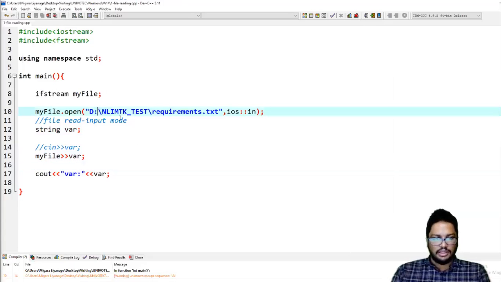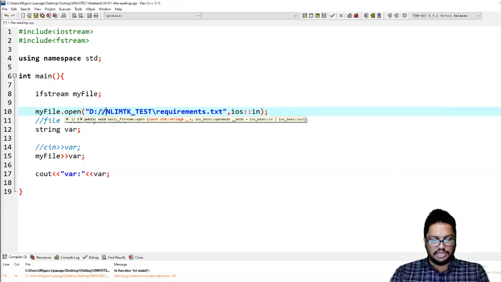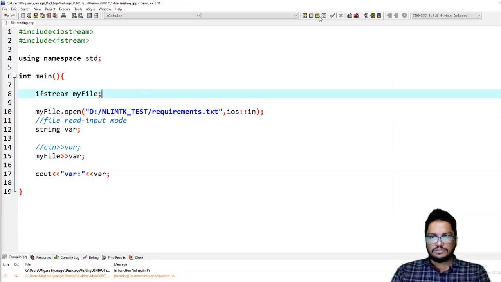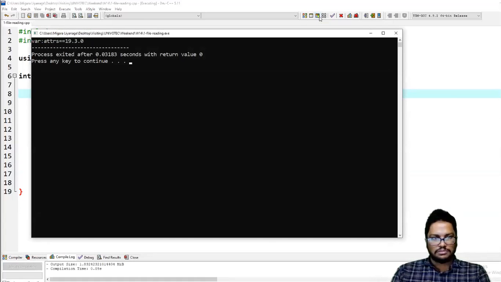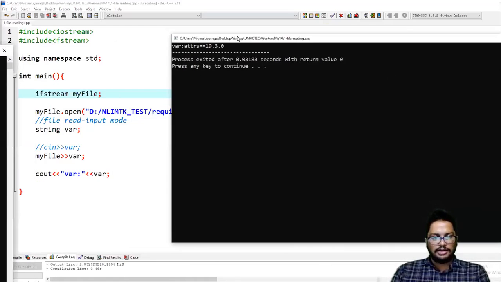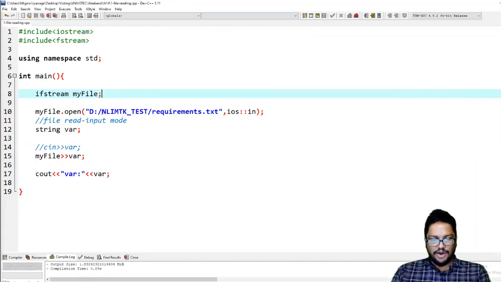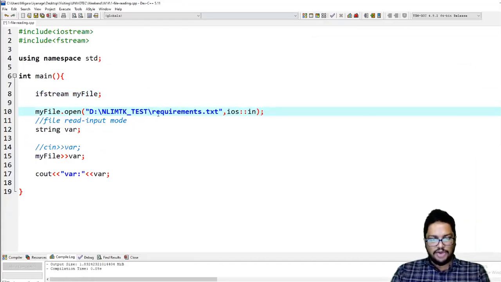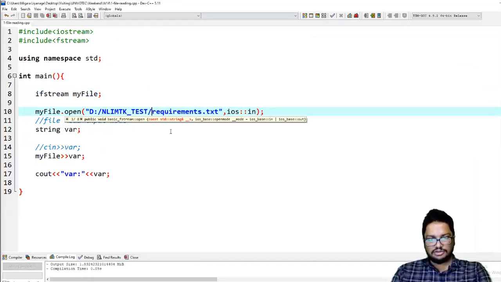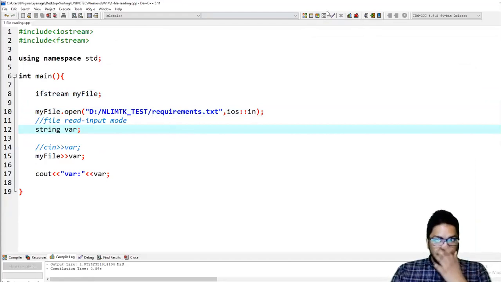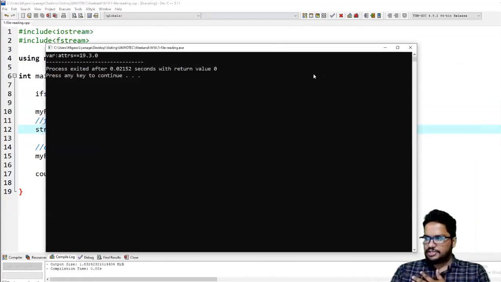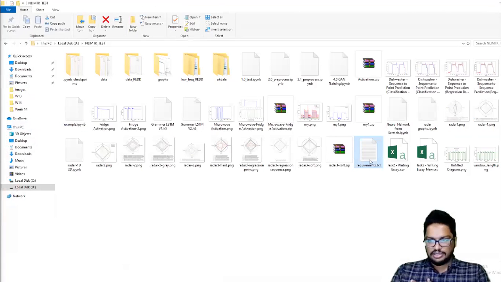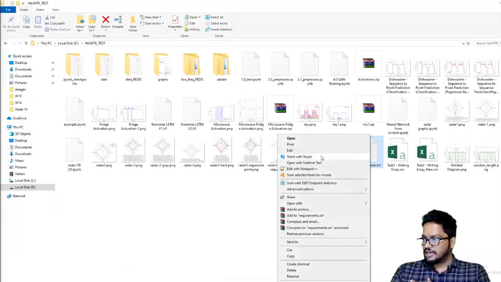Right, I think these should be changed to this side, isn't it? Now that's the important thing, that you can't just copy it and paste it, you have to change these slashes to the other way around. Right, so now if you run this, you are going to see something like this. What is this? Now this is the file that we read here, the requirement.txt, right? So if you open it,